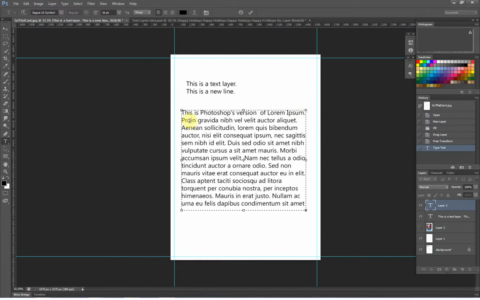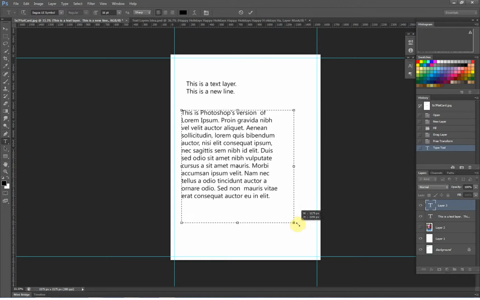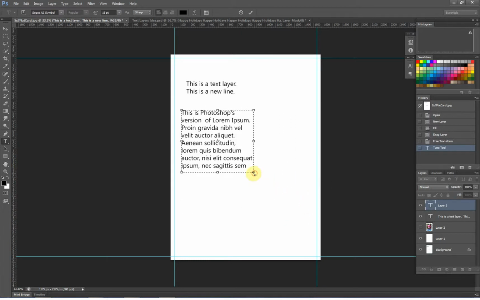Okay, it works almost like a word processor. Furthermore, if you decide that you want to change the size of this text box by grabbing one of the anchors at the side, what you can see is that Photoshop will automatically redo the line breaks based off of the size of the box. Okay? And that's really, really good, again, for putting together text boxes where you want a whole huge block of